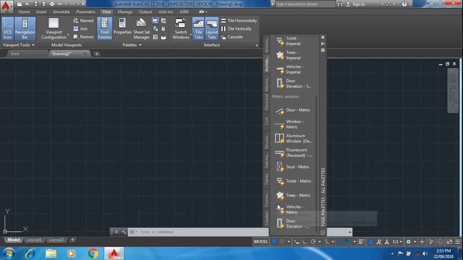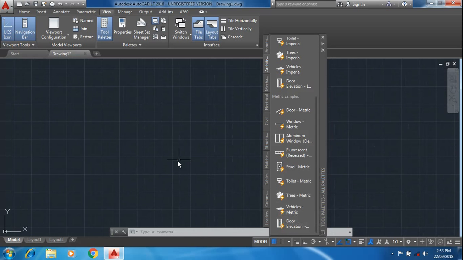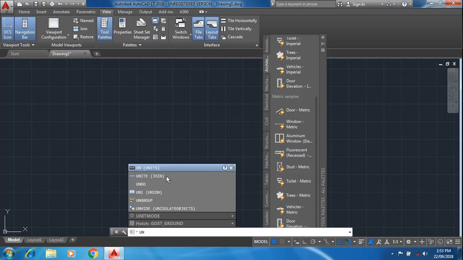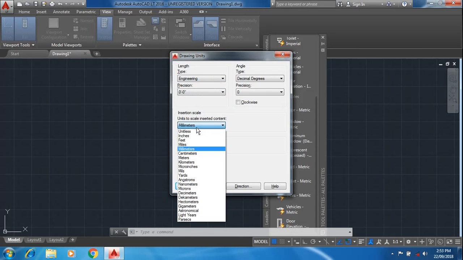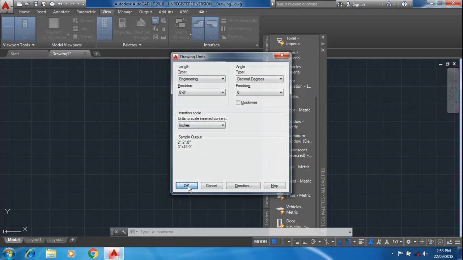So instead, before using this door, what we will do is set the units. UN, enter. Here select Engineering and select precision as 0. Select here either feet or inches. I will select inches. Okay,